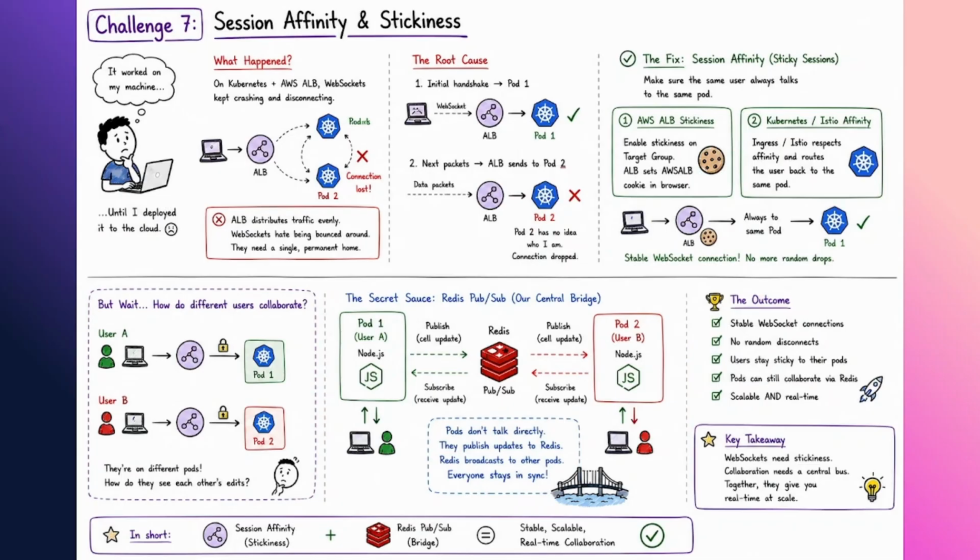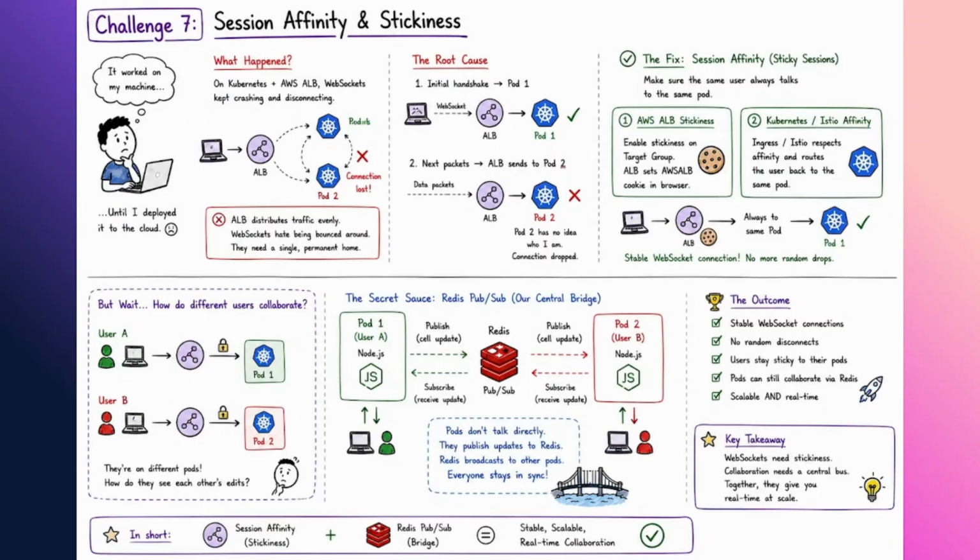It was session affinity and stickiness. It was completely unexpected. Challenge number 7 hit me the exact moment I tried to deploy this to the cloud. It is the ultimate "it worked on my machine" nightmare. When I was building the real time sync on my laptop, it was flawless. Why? Because I had just one local server running, but Sheetwise is deployed on an AWS Kubernetes cluster with multiple WebSocket ports running simultaneously to handle the load.